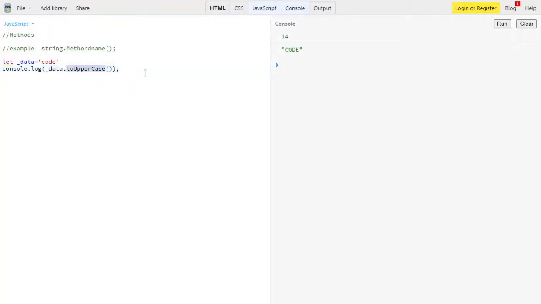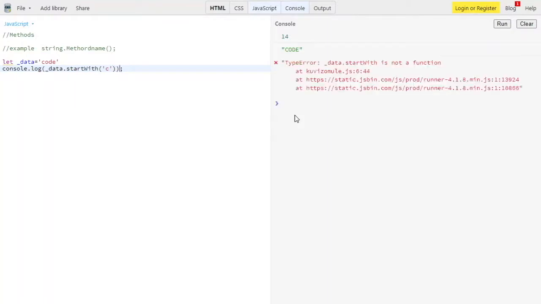We also have one more thing over here: instead of toUpperCase, we can also use startsWith, let me check, "C", and then try to run this using Ctrl+Enter. Okay, maybe some features are not available because I'm using JSBin.